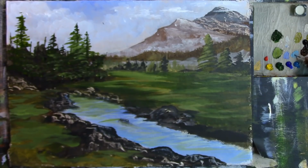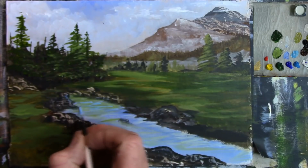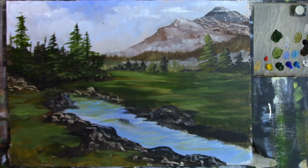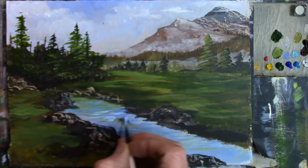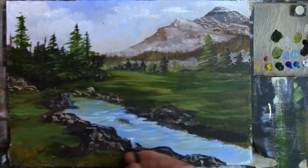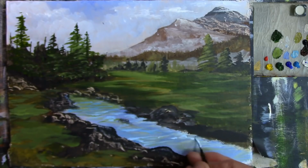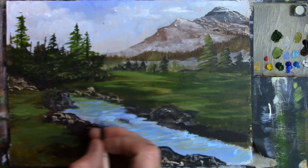Okay, so what I want to do is get some of the cerulean blue and white. I'm just going to put in a few marks here and there like this. I'm just going to work on the water for the moment. I just want to get some ripples and stuff in this water. I'm using a few different colours on this one now. There you go. And get some ultramarine blue. Thin it down a little bit just to put some